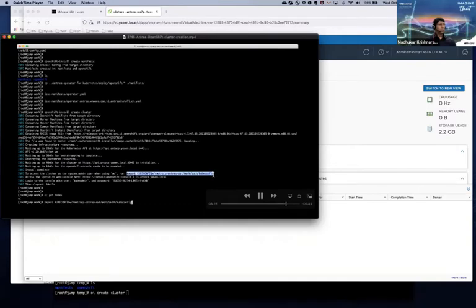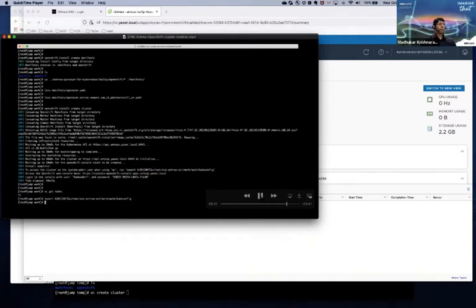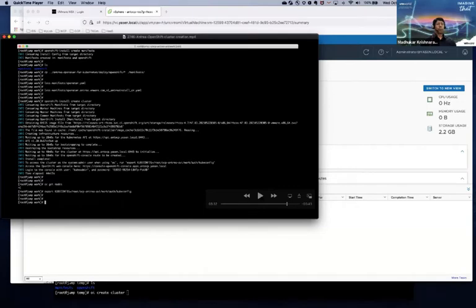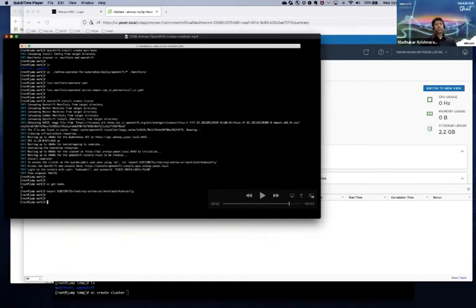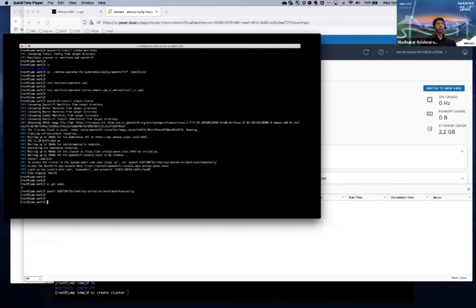Okay, and this is what I was talking about. If you want to interact with your cluster, even during the cluster creation process, you can set your kubeconfig to this specific path. And if you notice, this is the path where you had initiated the cluster install command. So in the same folder, it would have created a folder called auth and then put the kubeconfig inside it. So you just need to point to that,